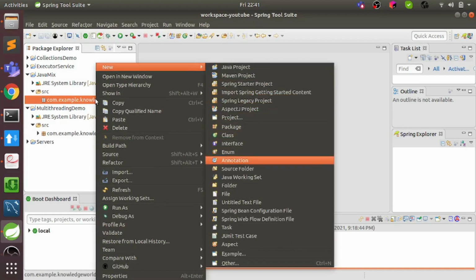What is toString? toString is a built-in function in the Object class, and on whatever object we call it, toString simply returns the string version of that object, right? We'll look at it by example.